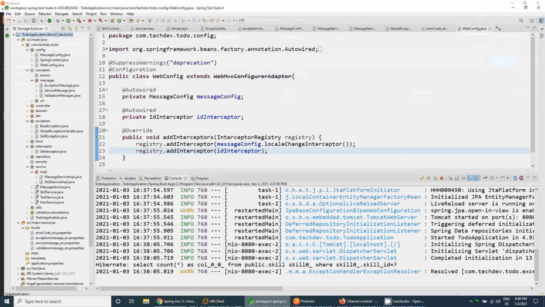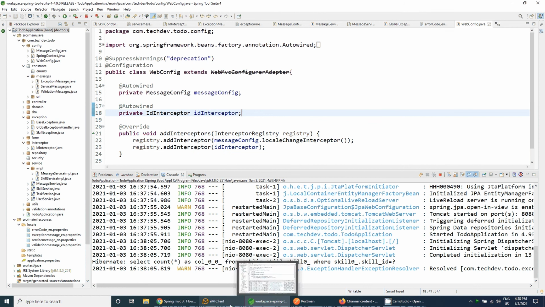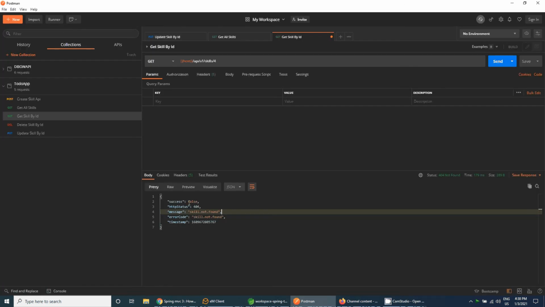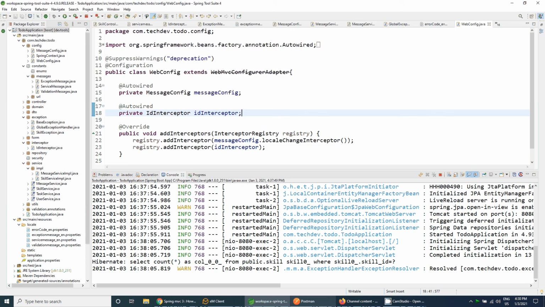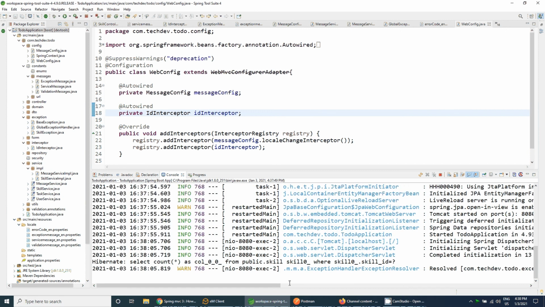Skill not found exception will have the message that skill not found, and you can see that the success was false, HTTP status was 404, that is not found, and the timestamp and the error code. So all of these are done here. So in this way you can validate your path variable using the interceptor.